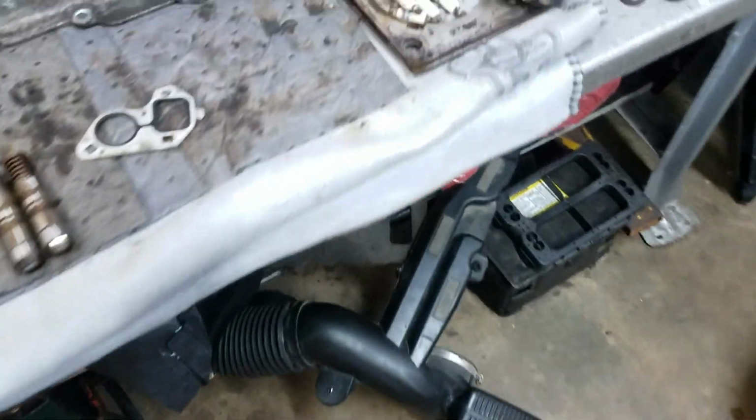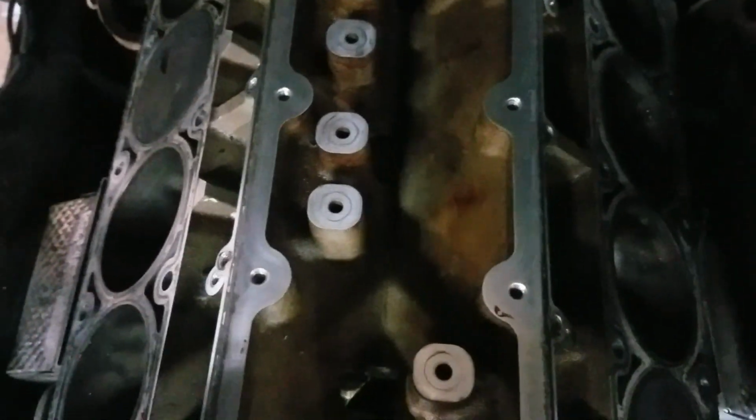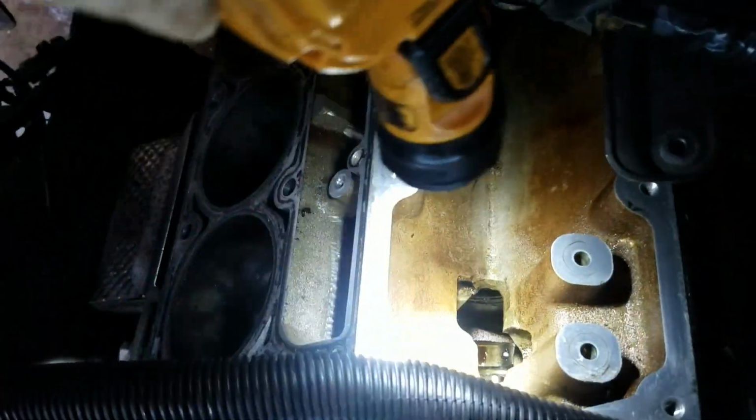On this one, we ended up putting a cam in it. Unfortunately, you can't really see if the cam's damaged until you actually get the heads off. As you can see, in the middle of that valley. Hold on, let me get a flashlight. You can see in the middle of the valley, it's all aluminum, so you can only see the first 2